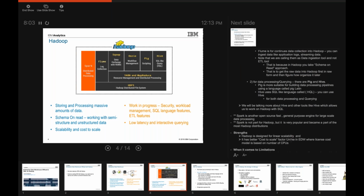For the data processing and querying side, very popular and common tools included with most of the distributions are Pig and Hive. Pig is more suitable for building long data processing pipelines using a language called Pig Latin, whereas Hive uses a SQL-like language called HQL. You can use Hive for both